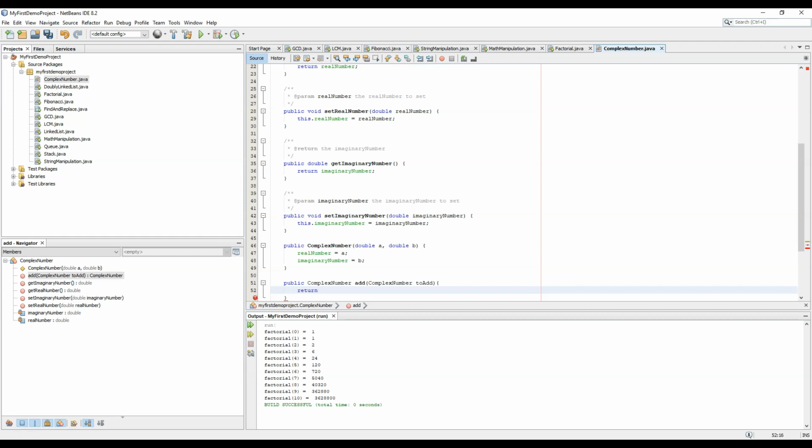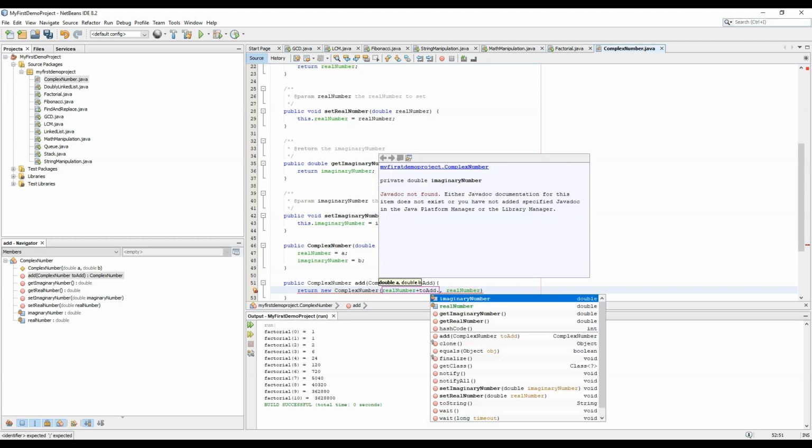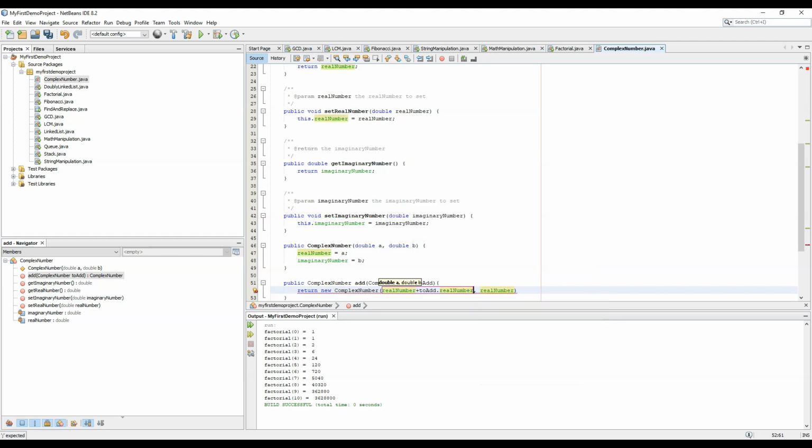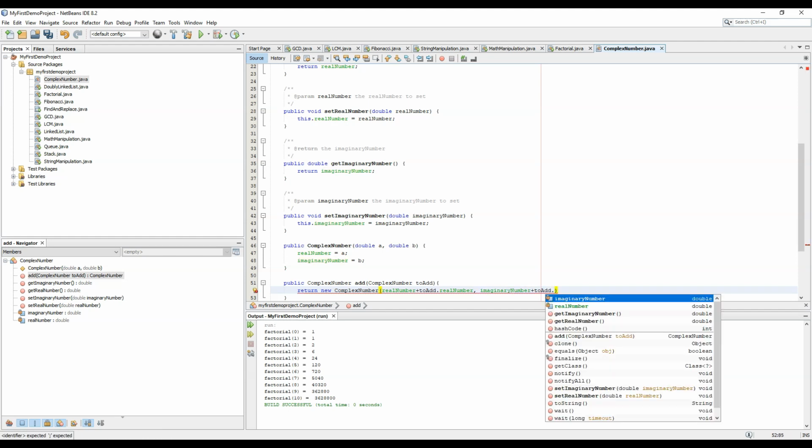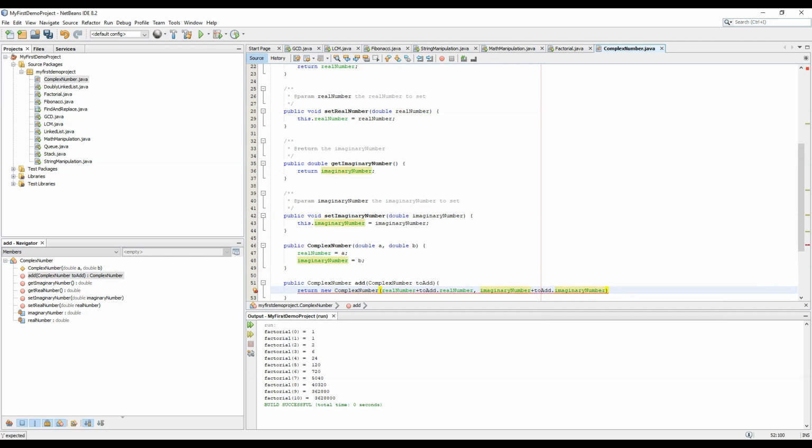This is return new ComplexNumber, real number plus toAdd dot real number, and the imaginary part would be imaginary number plus toAdd dot imaginary number, and we would have this.